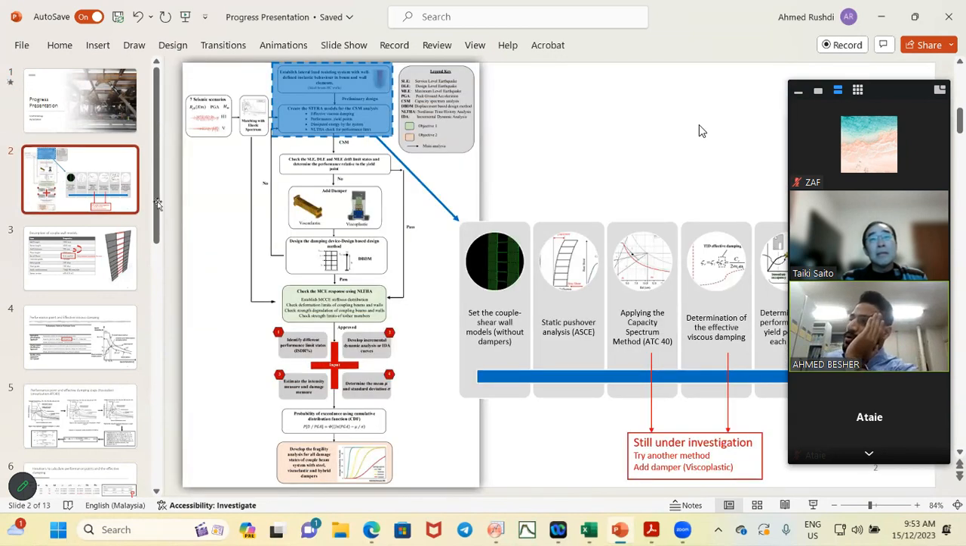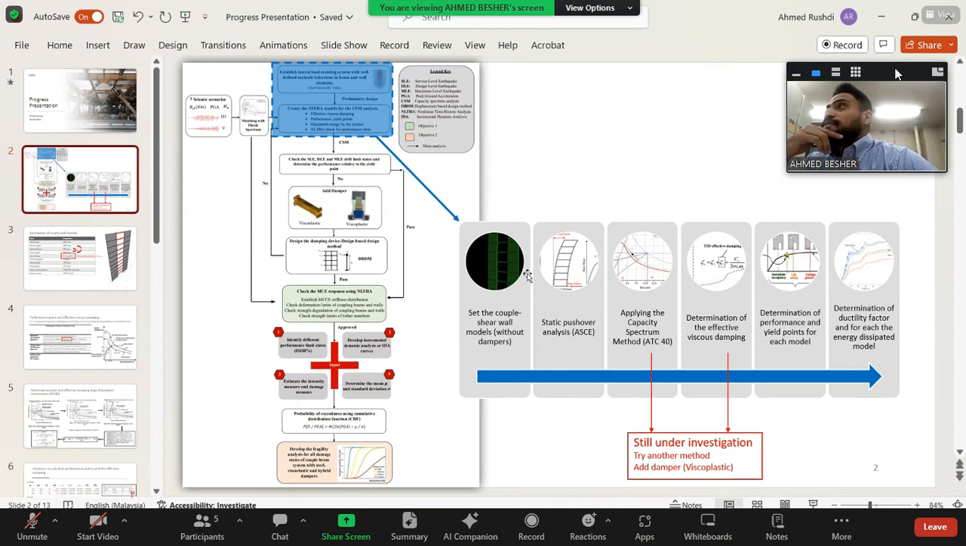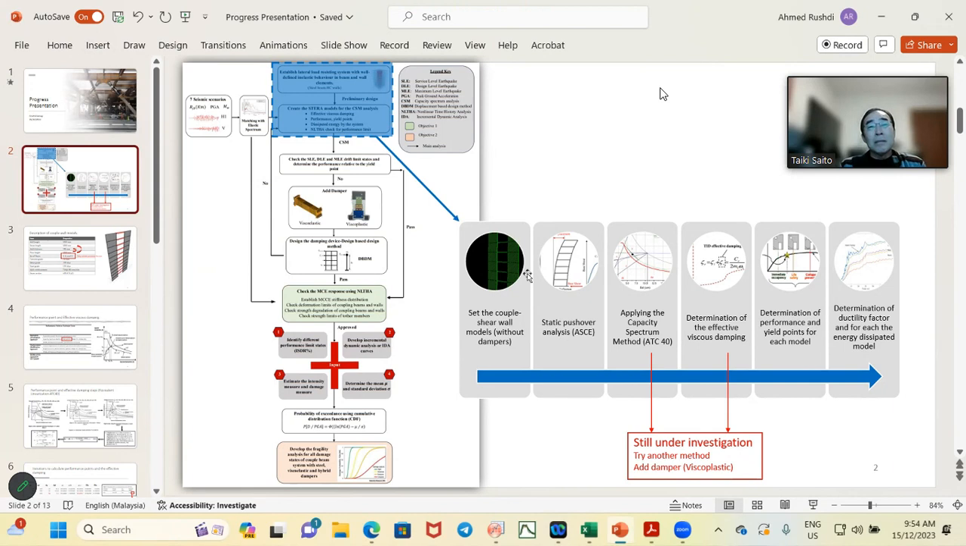This is the progress of my work relative to the big flow chart of my work. I did some modifications to the flow chart. First, I started the first step: the analysis for the coupled shear wall without using dampers. The first issue of this analysis is to get the effective damping ratio, the effective performance point, and the yield point. So first I tried to do that using the capacity spectrum method, which is mentioned in the ATC40,